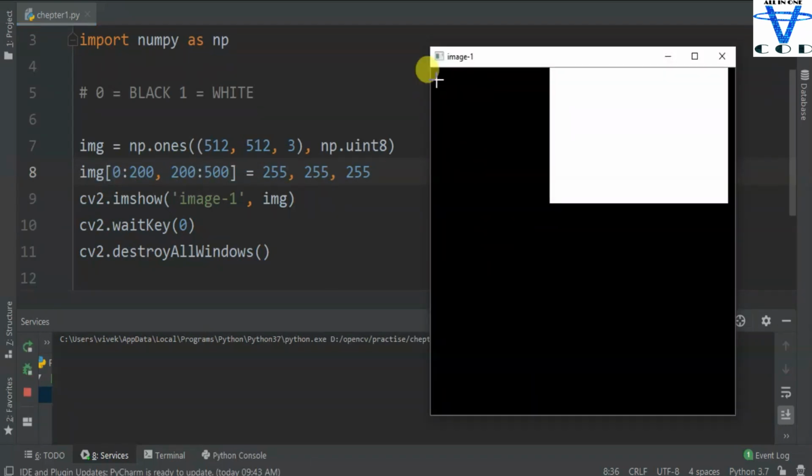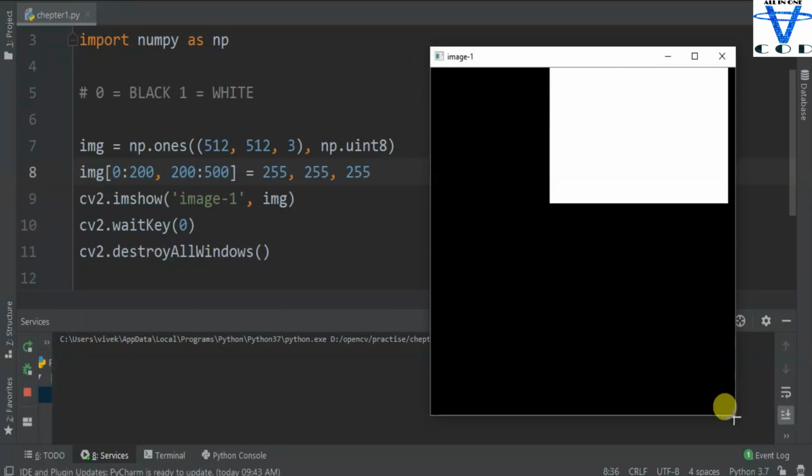Now in here the lowest value is going to be stored. It means in here the value is 0 and 0, and then in here the highest value, the maximum value of the image, is going to be stored. So the highest value is 512 and 512. So you can work out the width and height using these numbers. The lowest is in here and the highest is in here.